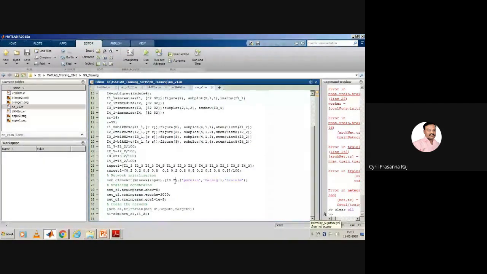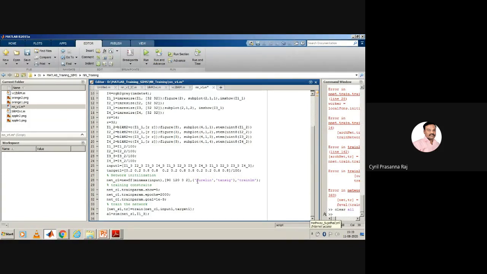Now, in the network structure which I discussed, since there are 90 neurons, I'll define it as 90 here in the first hidden layer, 120 neurons in the second hidden layer, 3 neurons in the third hidden layer, and 2 neurons in the last output layer.